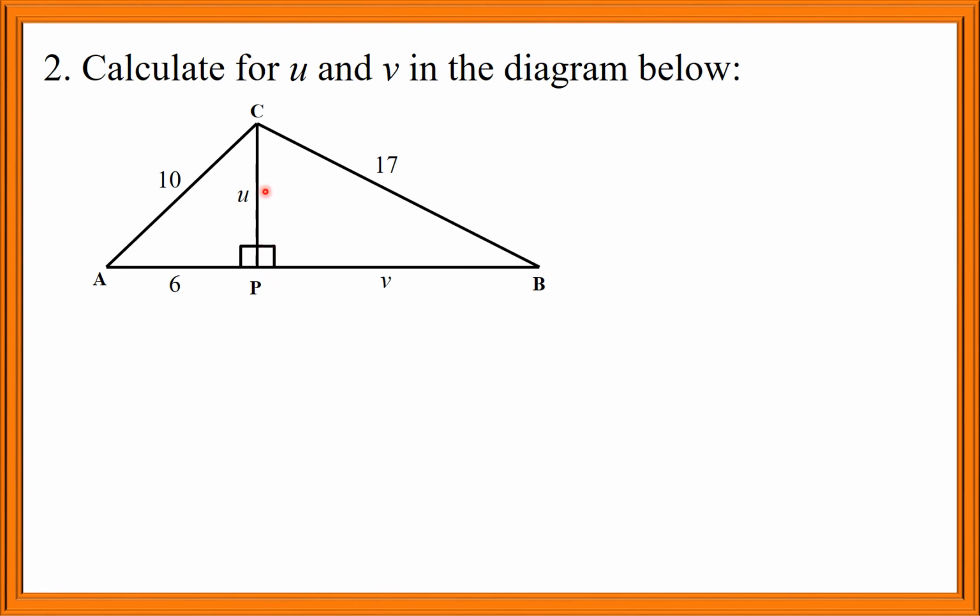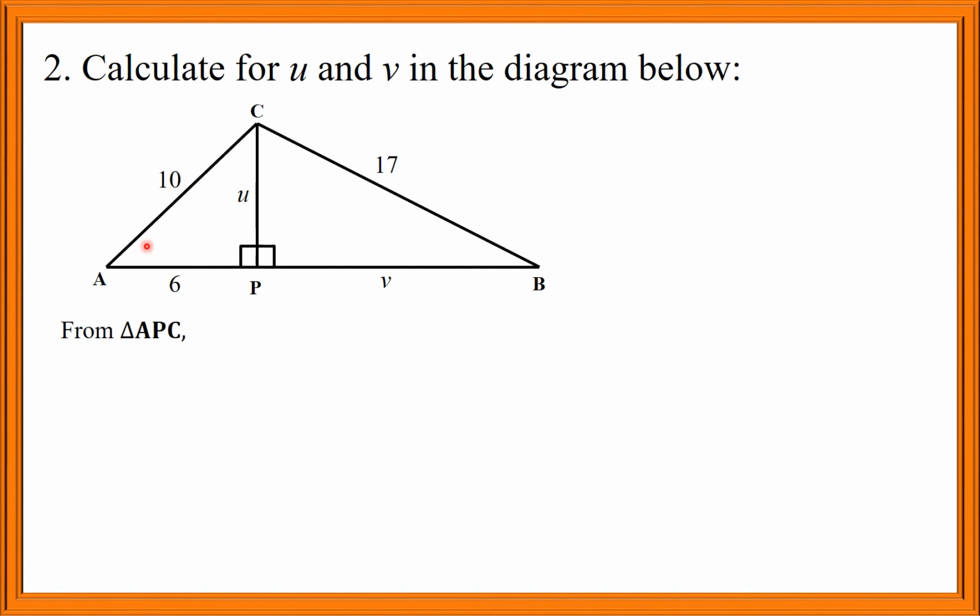So we are going to separate them and apply Pythagoras theorem to each triangle since they are right-angled triangles. So we can say that from triangle APC,